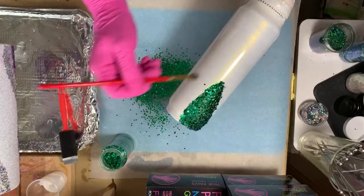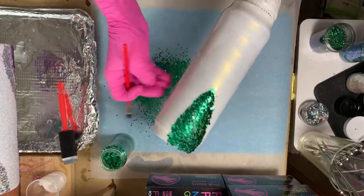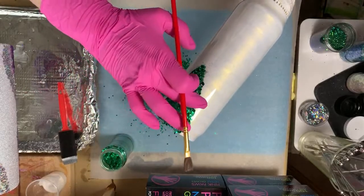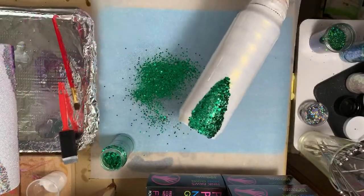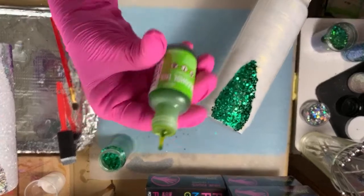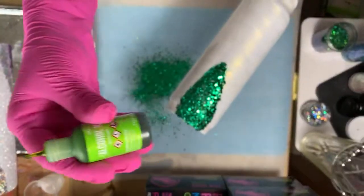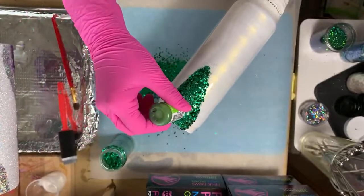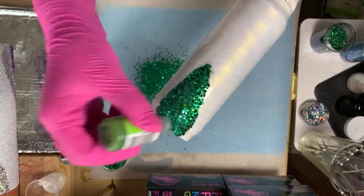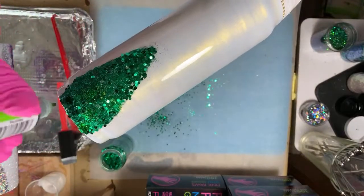So we're going to just brush this off, and then that's your first layer. So that's my center. And then before that Mod Podge is dry is when I want to use my alcohol ink. So since this is green, I'm gonna do the limeade color of alcohol ink. They have darker, but I mean, this is gonna give it a good contrast. You'll see that when you add that, it's just gonna kind of fill it in,